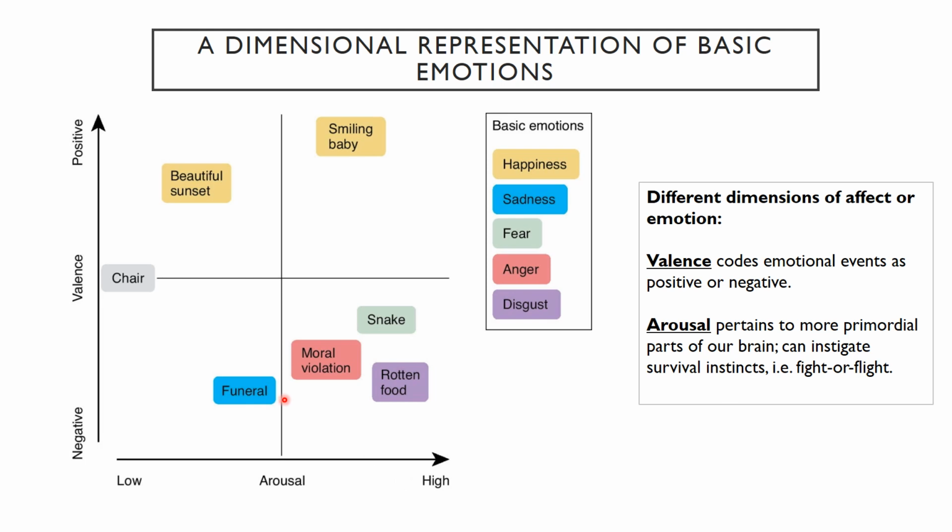So that's sort of the control circumstance here. But then we can talk about other experiences and the impact they'll have on the valence dimension and arousal dimension, such as seeing a beautiful sunset. This is something that for most of us isn't particularly arousing, but it's a positive experience and usually brings about happiness. Seeing a smiling baby can be even more arousing, obviously depending upon the circumstances, but this is